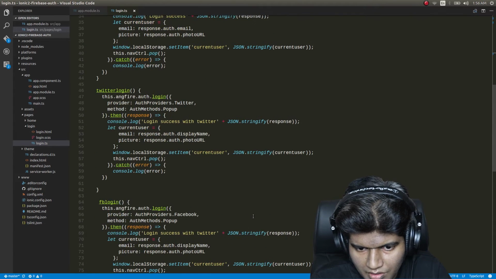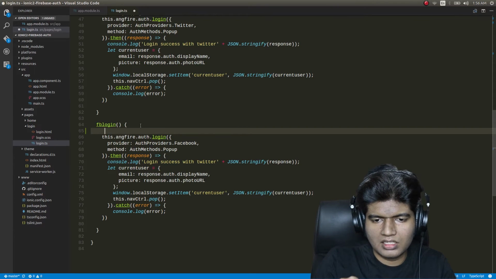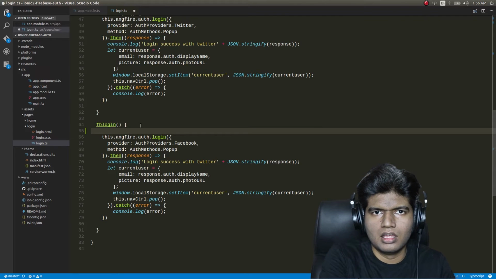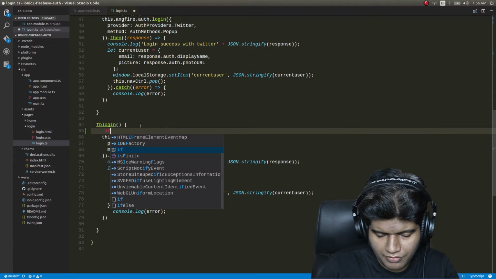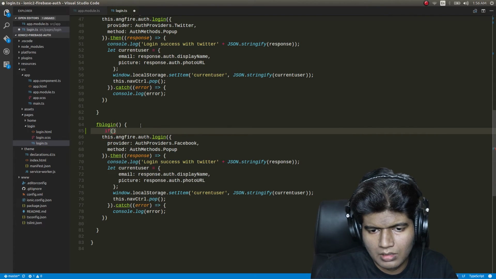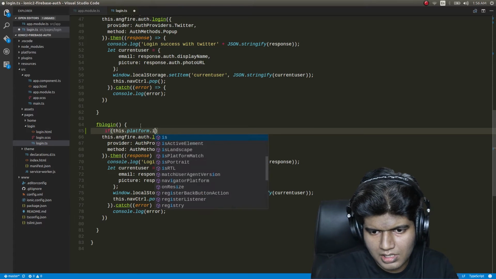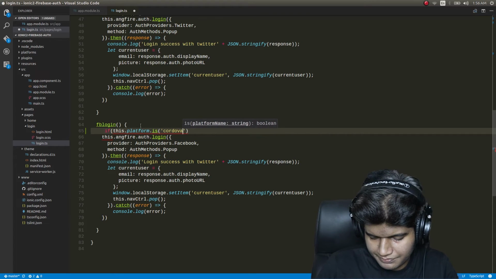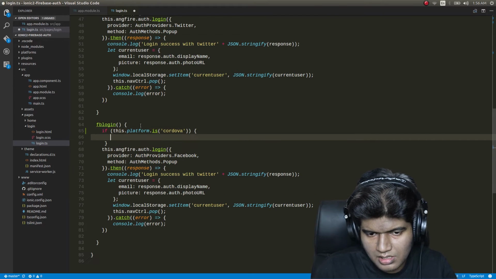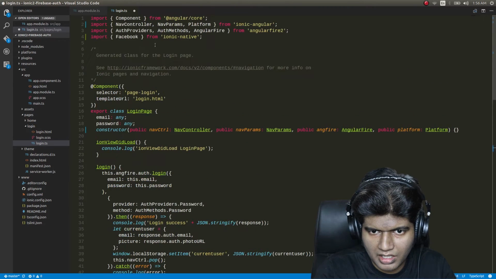And make use of that reference here inside our FB login. So how am I going to write this? First, I'll check whether the platform is Cordova, so that I can know whether it's running inside a mobile device, right? So if this.platform.is Cordova, if this is the case, then what I need to do is make use of this plugin that I just installed,